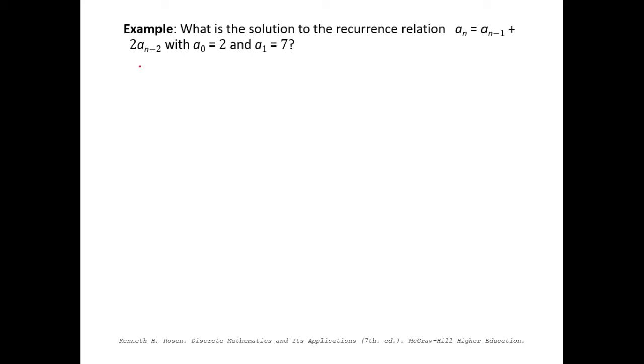So, what we have here is an is equal to an minus 1 plus 2 an minus 2. Now, the characteristic equation associated with this is r raised to k minus r raised to k minus 1 minus 2r raised to k minus 2 equal to 0. Now, how many previous terms are used? There are two previous terms used to express an. So, k value is equal to 2. So, this equation becomes